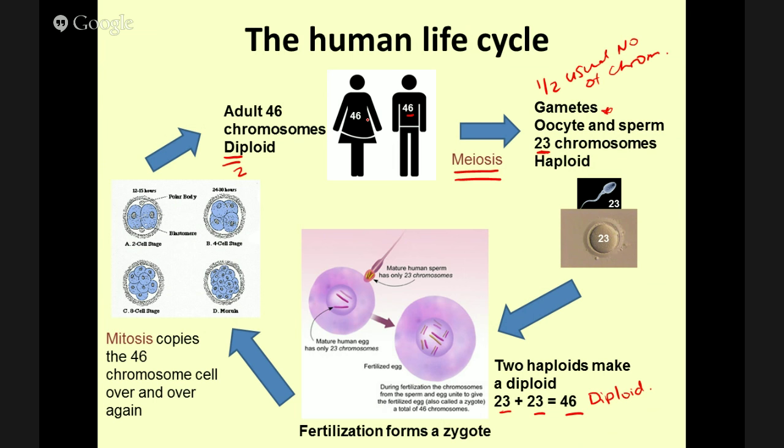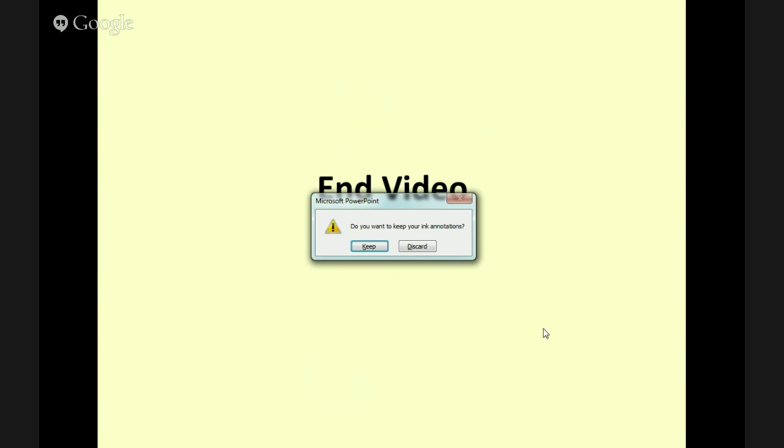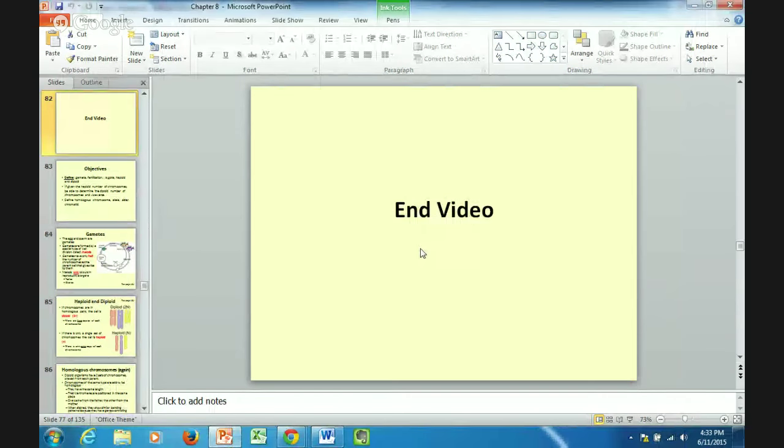So remember, in your life cycle, there's only a very small window where you have haploid cells, and it's this window where you've got the gametes and they are coming together to make the zygote. All right, so that's just a little bit about the life cycle of sexually reproducing organisms. So when we return, we're going to learn some of the vocabulary we need to learn about